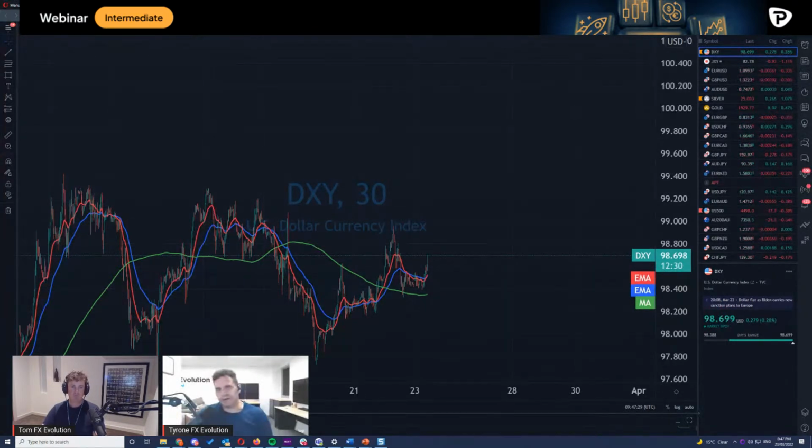But a daily signal is always going to be stronger than a 4 hour. A 4 hour is going to be stronger than an hour, and all the way down to tick charts, which is Thomas's favorite chart. So yeah, the bigger the time frame, the more accurate the signal. It's really as straightforward as that.